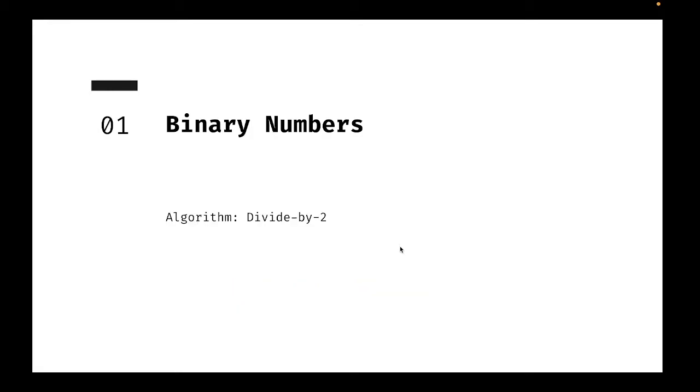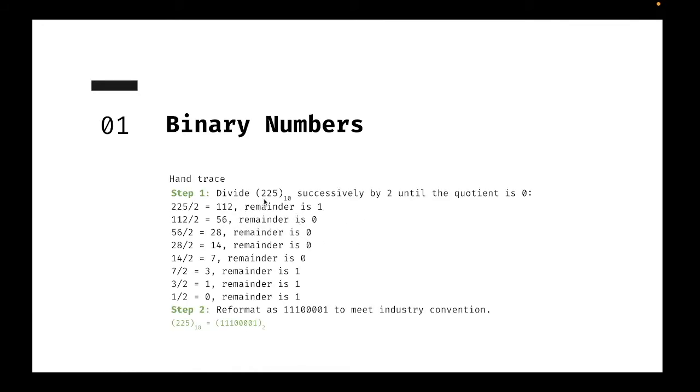So I want to give you the method that will give you the correct answer in a very short amount of time. That is divide by 2. So what you simply do is take the number, keep dividing it by 2, and take the quotient here. So these numbers here are the quotients.